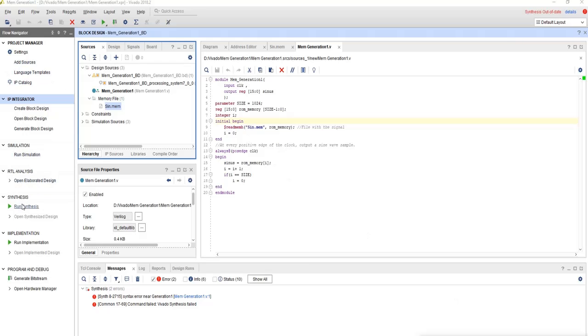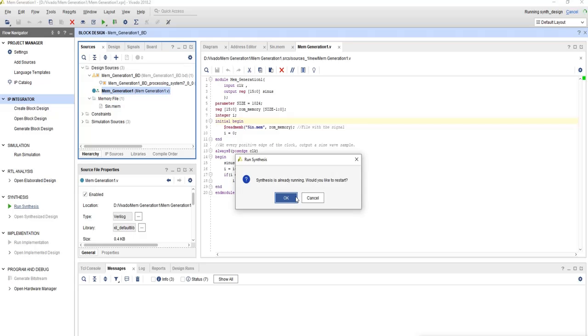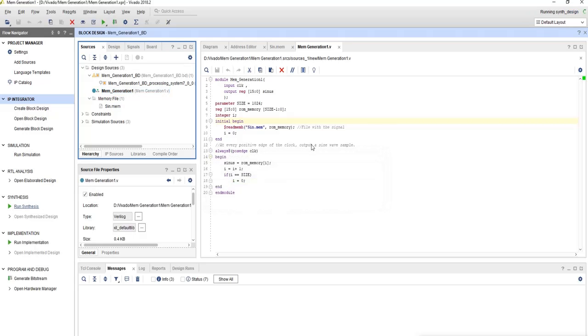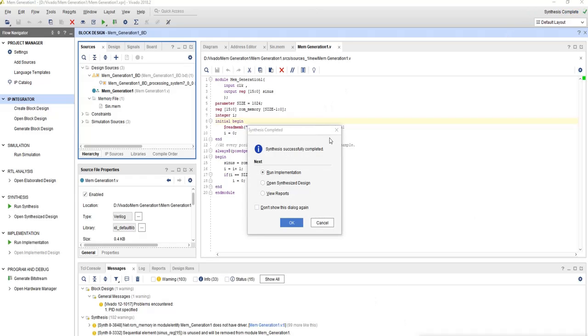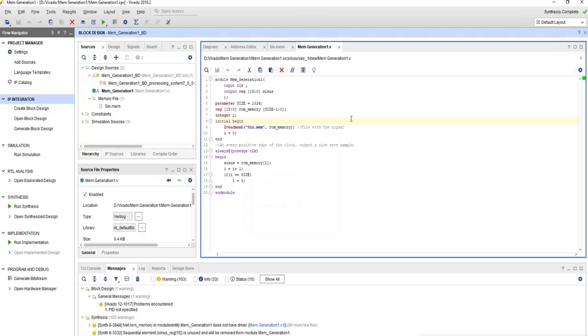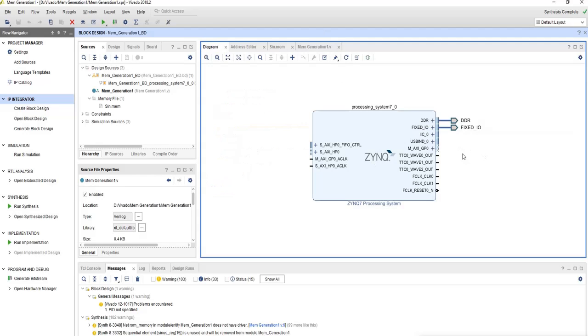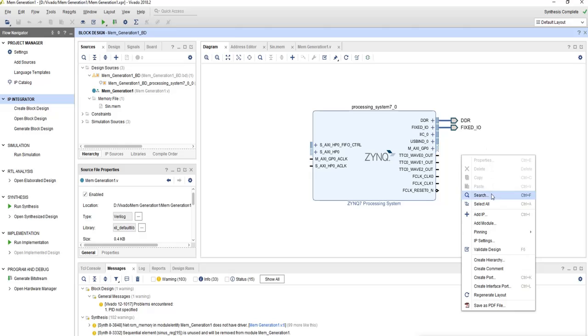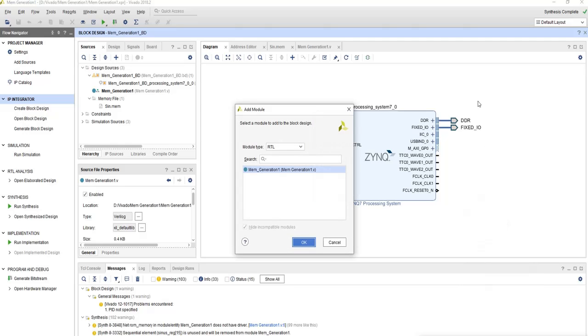Now first synthesize it. So we'll just simply close it because we don't need implementation. Now again go to the block diagram. Here click on add module.